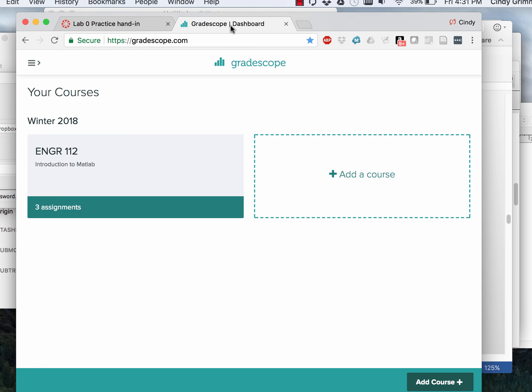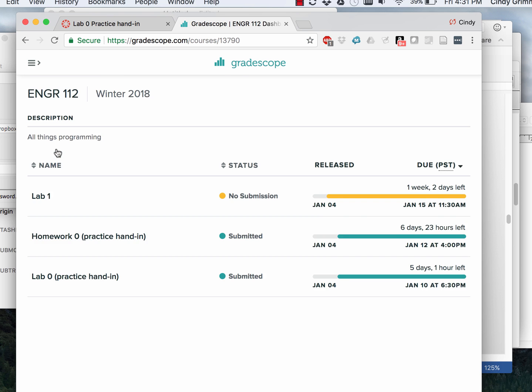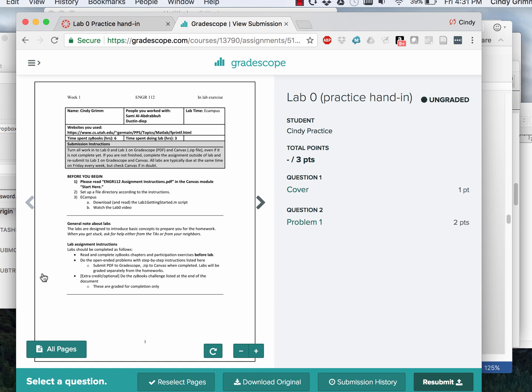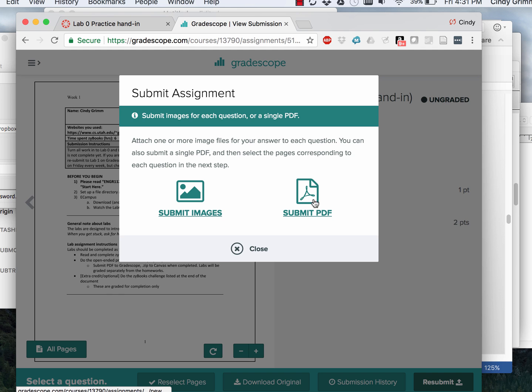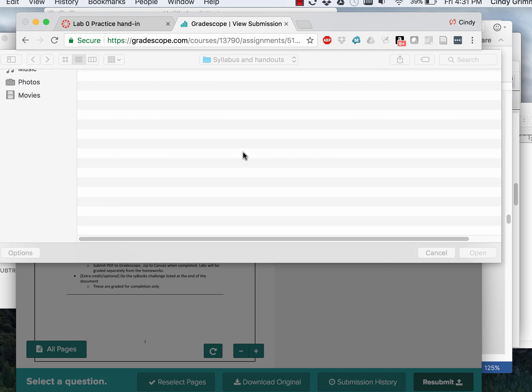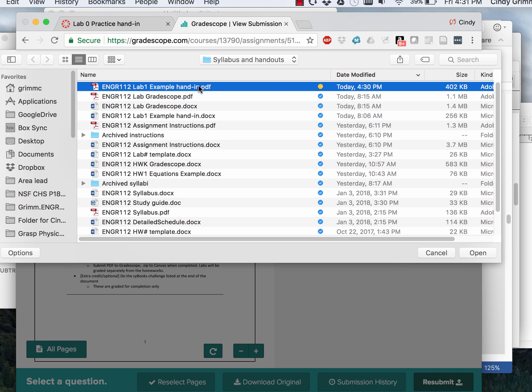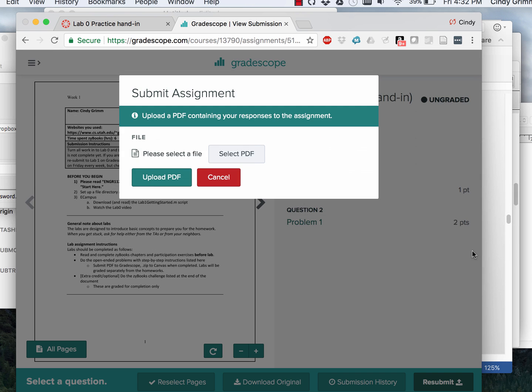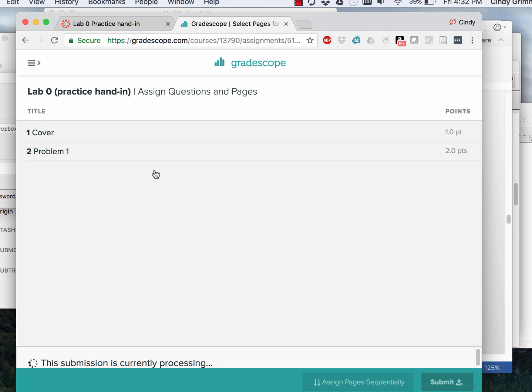For that, you go to Gradescope, which you should already have a login for. You click on ENGR112, and you find the correct assignment. In this case, it's Lab 0 Practice Hand-in. You click on that. In this case, I have already submitted, so you can see here what I submitted, but I'm going to go through the process again. Like I said, you can submit multiple times here. So click Submit. You want to submit a PDF. You select your PDF, so you go to wherever you saved your PDF. Here, I saved it right here. I say Open. Upload PDF. You sit and twiddle your thumbs for a second. And then it will